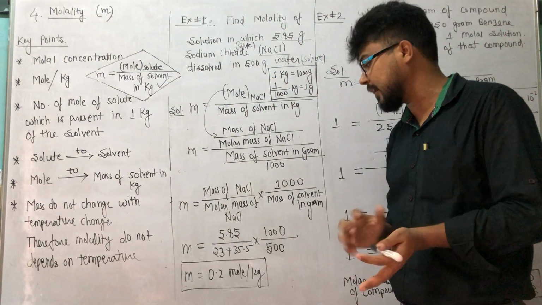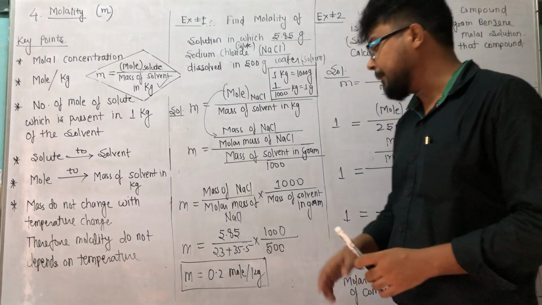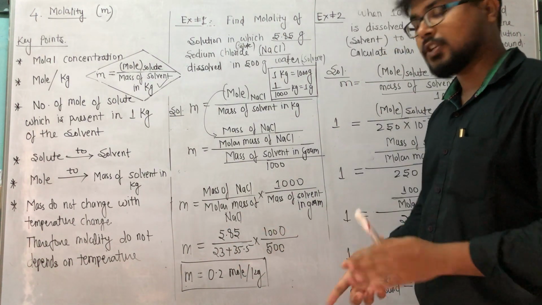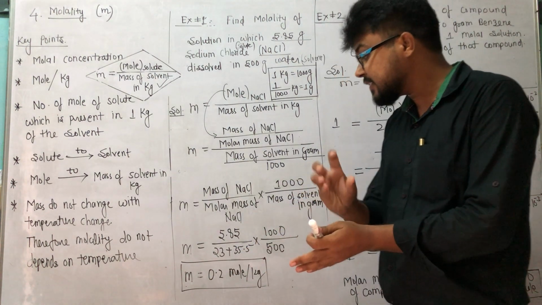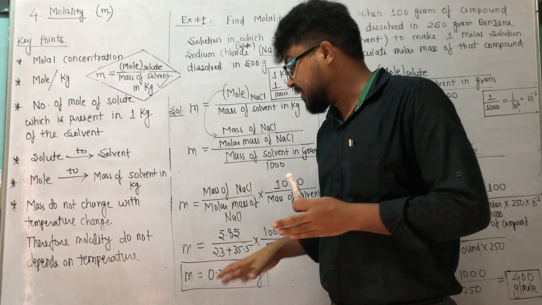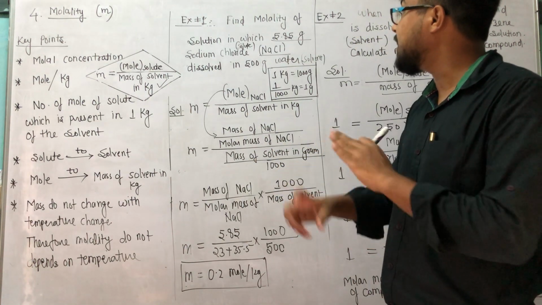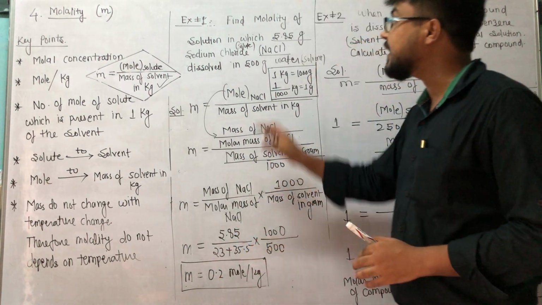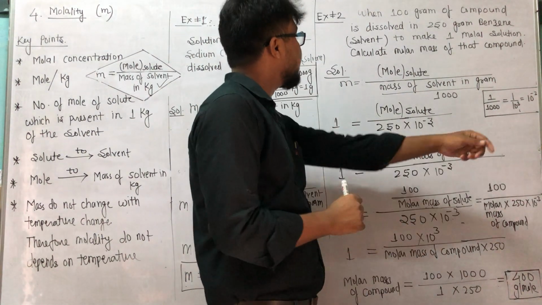It is 500 gram. So when we solve this, we will get 0.2 mole per kg. It is 0.1, it is 2. So 0.1 multiplied by 2, it is 0.2. So what is this? This is the mole per kg, that is 0.2. What is this? Again it is molality. So molality of solution is how much? It is 0.2 mole per kg for this equation. Correct? Next question, see in example 2.